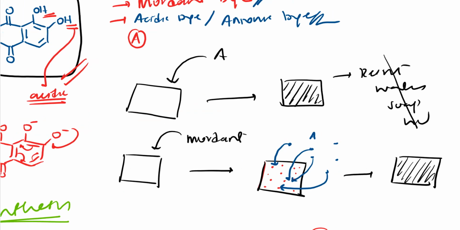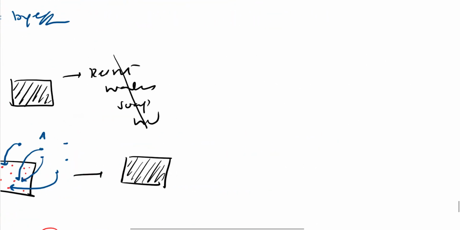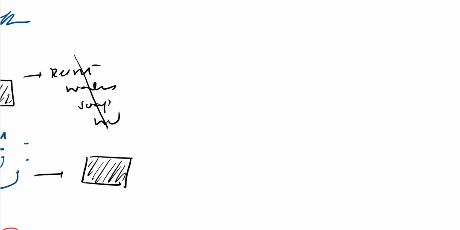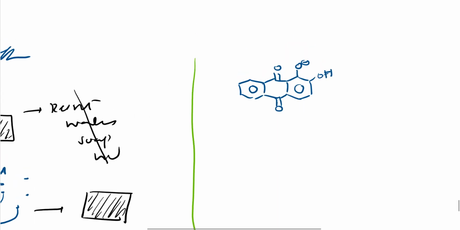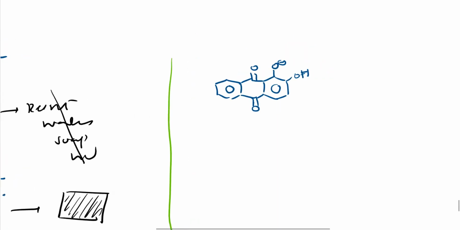So a few things I forgot to tell. Let me tell it here. See here. A few more details about alizarin. This alizarin is an acidic dye, right? While explaining about mordant dyes, I have explained this. If I remove that proton, O negative will be there, here also O negative, right? Other things as they are, benzene ring here and here, double bond O. Let me put one OH here, like this. Only one proton I will remove, right? So this is my alizarin, right?